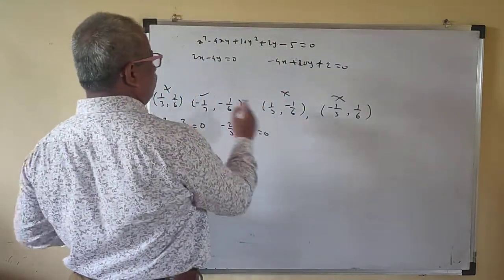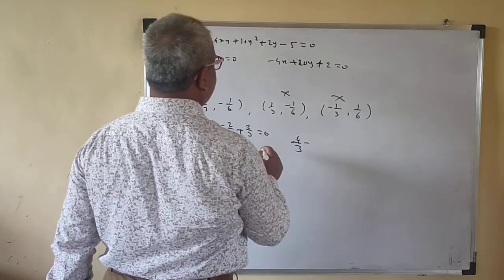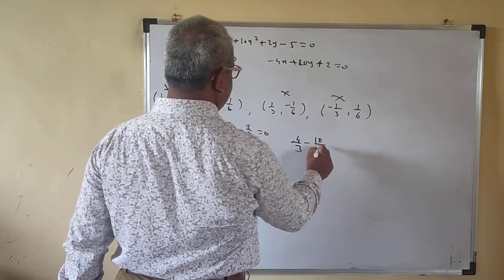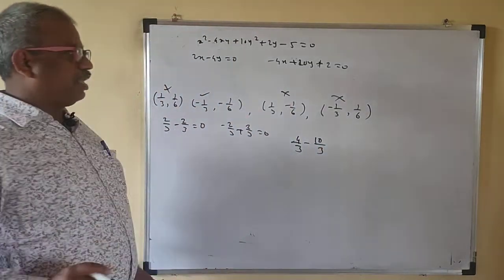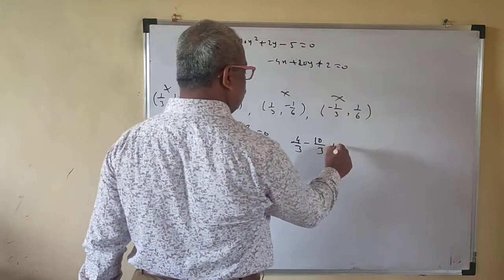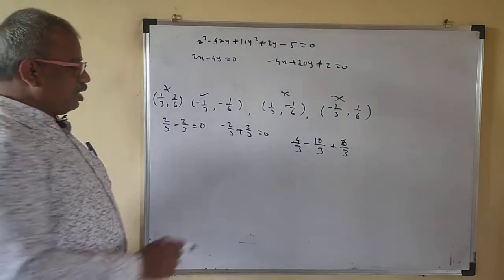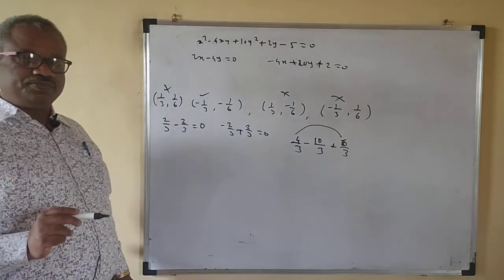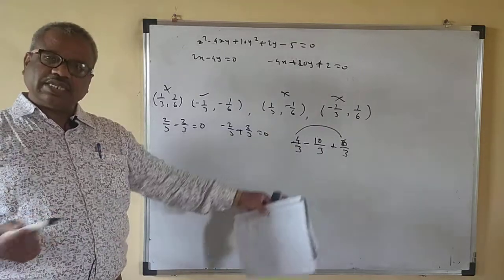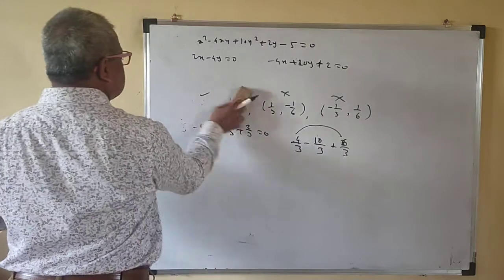Minus 1 by 3 gives 4 by 3. Then for minus 1 by 6, this is minus 10 by 3. If you put y is equal to minus 1 by 6, minus 10 by 3 plus 2, and plus 2 means 6 by 3. So 6 plus 4 is 10 and this is minus 10. So this is 0, 10 by 3 minus 10 by 3 is 0. Okay, so in this way you can judge the center of the conic.